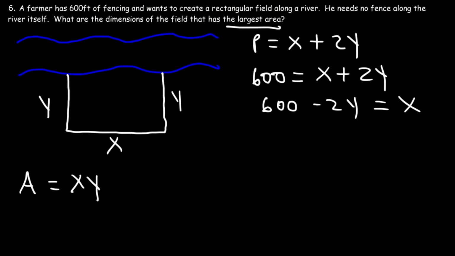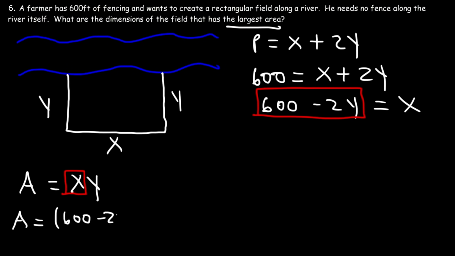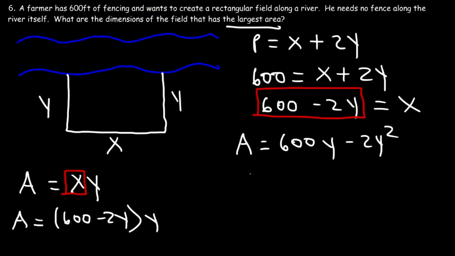So now let's replace x in the objective function with 600 minus 2y. So the area is going to be 600 minus 2y times y. So let's distribute y. So it's going to be 600y minus 2y squared. So now that we have the area function, or the objective function, in terms of one variable, we should now